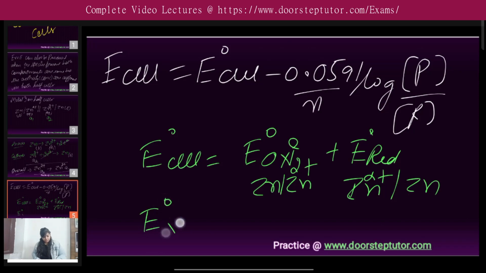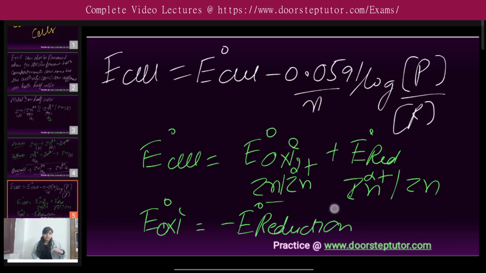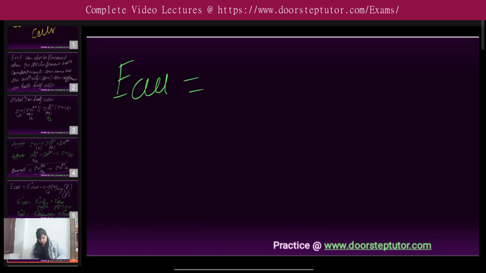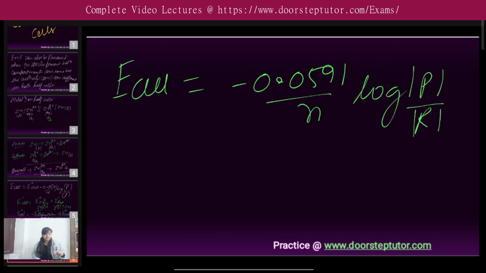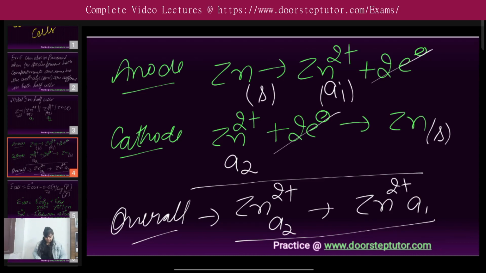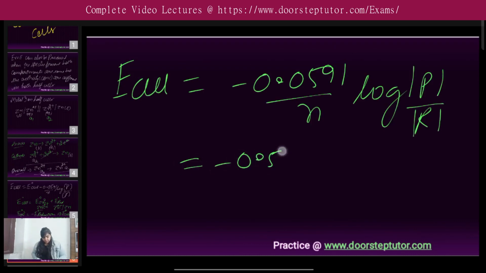We know that E naught for the oxidation is equal to the negative of the E naught for the reduction process, right? Here both are similar. The same species is being oxidized and the other one is being reduced, so these both are equal. This implies our E naught cell is equal to 0. This is another major difference: in the concentration cells the E naught cell value is equal to 0. Now the E cell will be minus 0.0591 upon n log of the product concentration upon the reactant. Here the reaction was zinc 2 positive with activity A2 going to zinc 2 positive with activity A1. So my E cell will be minus 0.0591 upon 2, because 2 electrons are involved here,